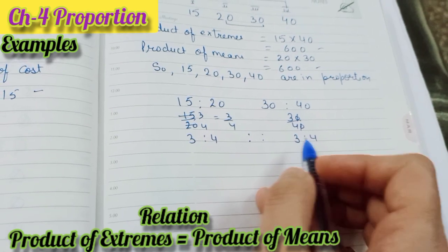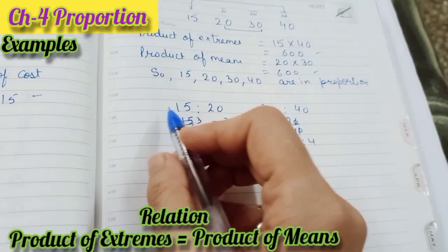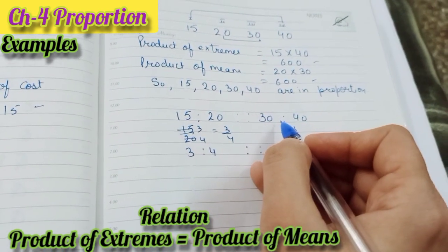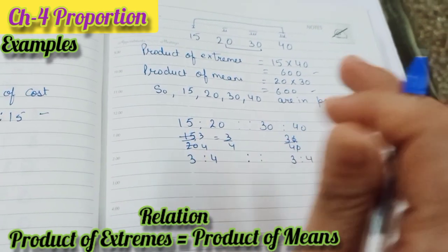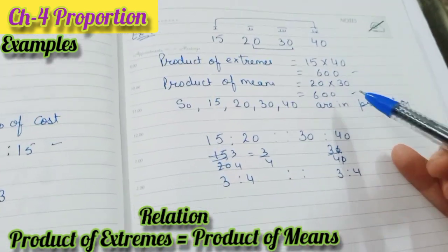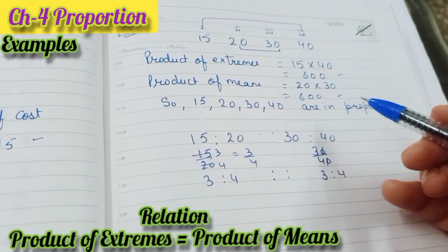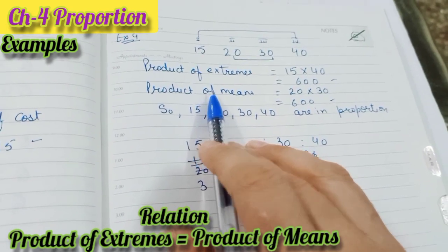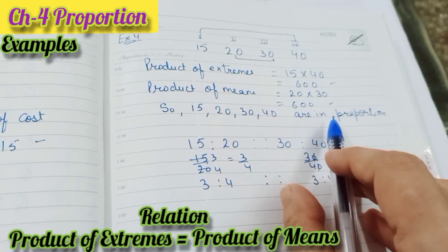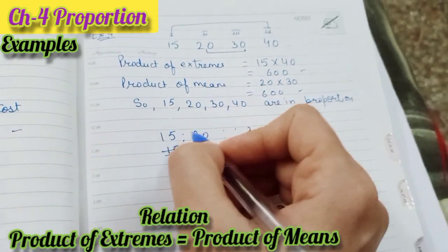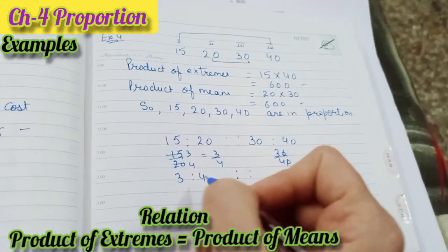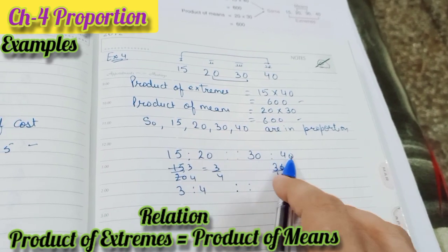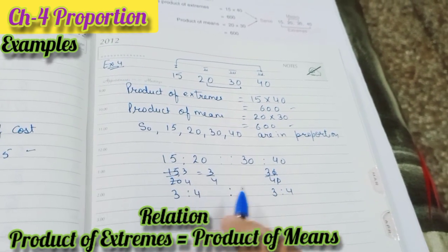When two ratios are equal, then they are in proportion. So we can say that these two ratios are in proportion. So four numbers are in proportion. So these are two methods to find whether given numbers are in proportion or not. Here we find the product of extremes and means. If their product is same, then they are in proportion. Second method is to find the lowest term, standard form of the ratios, first two and last two. If they are equal, then they are in proportion.